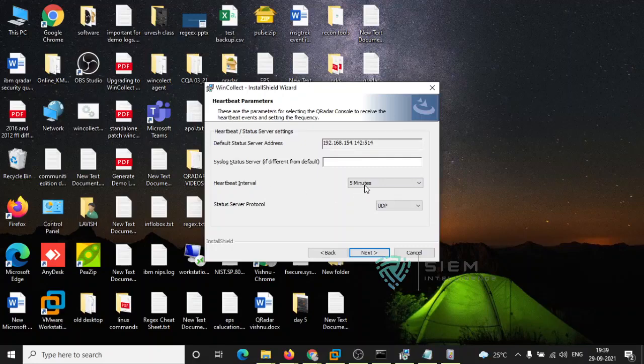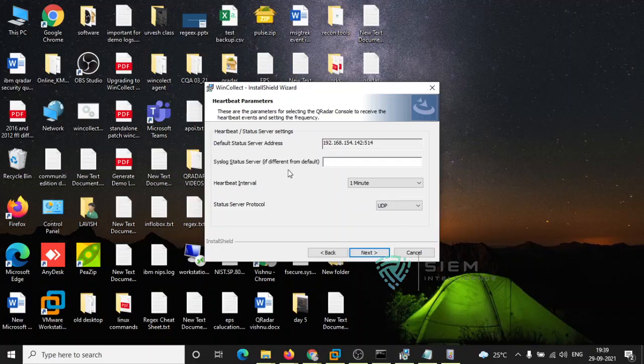Here it is every 5 minutes; you can set it from disabled up to 1 day. If I set 1 minute, then every minute it will send a hi that I am alive in the network. That's the signal to QRadar to understand that this system is live and up and running.